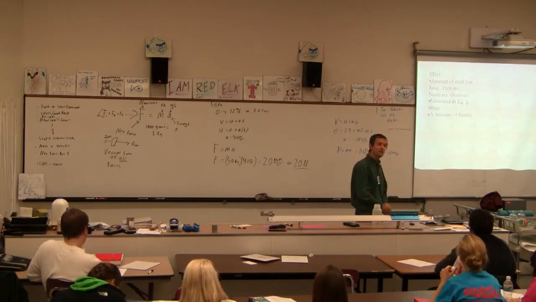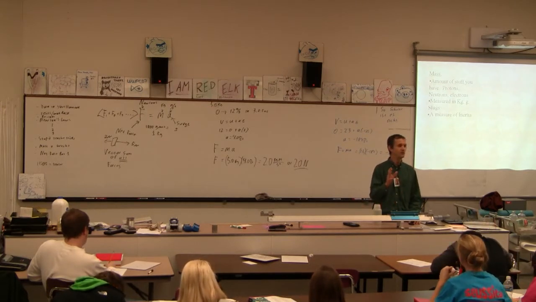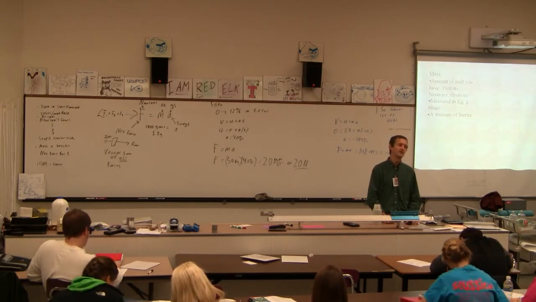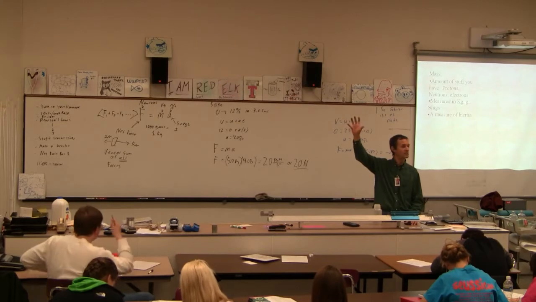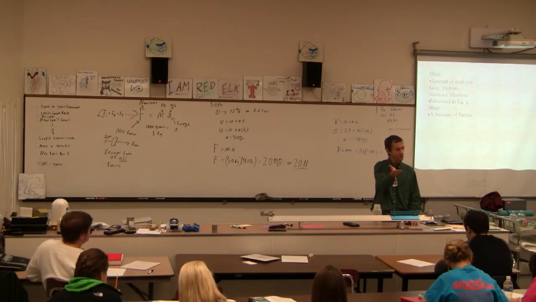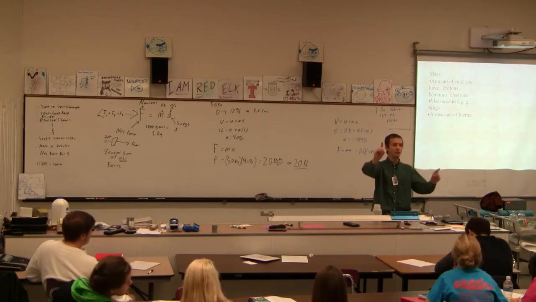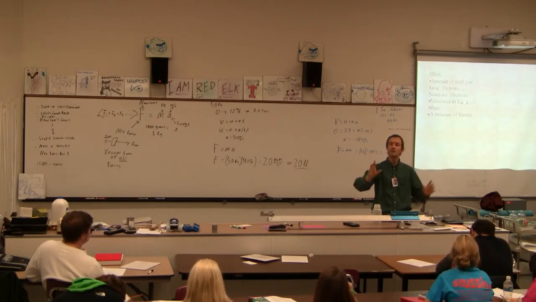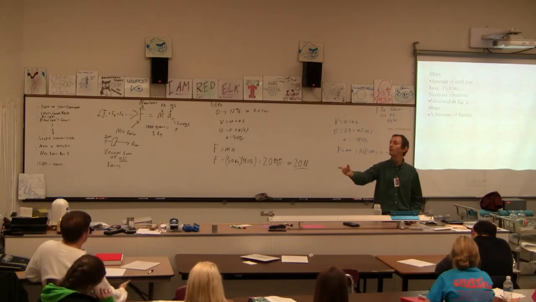The English unit for mass is not a pound. The English unit for mass is something called a slug. Now let's think about slugs. A slug is a crazy thing, right? A kilogram is the amount of mass that you have. If you take a mass into outer space and you can't put it on a scale and measure the force, this is what you would do. You would apply a force of 1 newton on it and it would accelerate at 1 meter per second squared. A slug is the amount of mass you have, that when you exert a force of 1 pound, it accelerates at 1 foot per second squared.